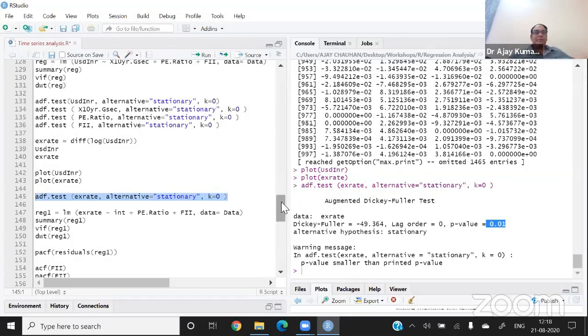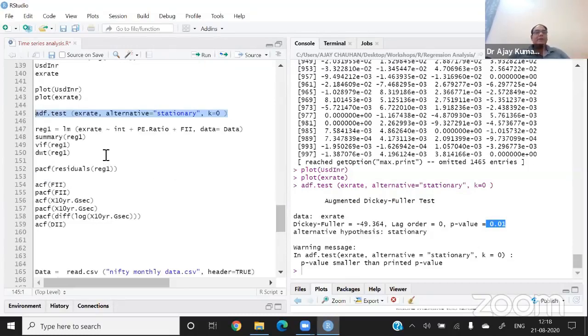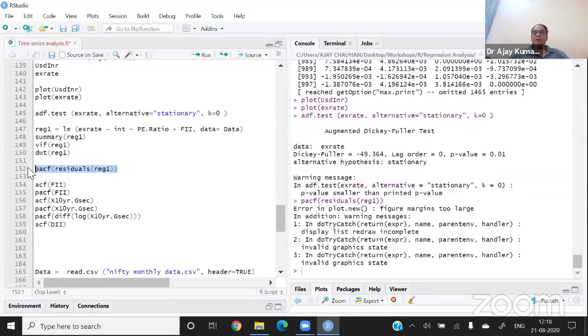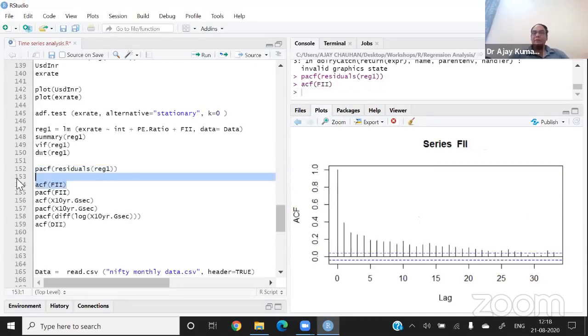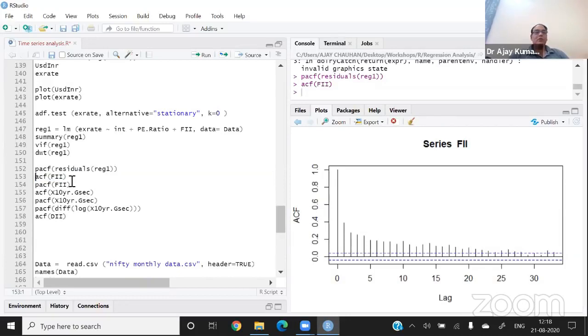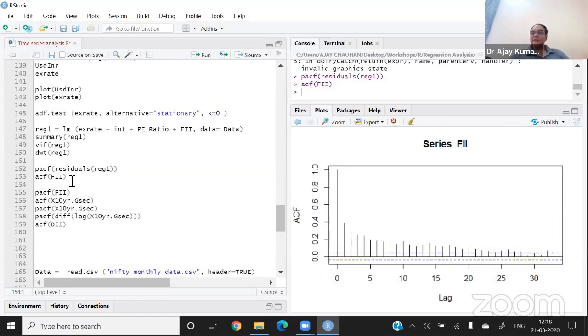After this ADF test, we are also making some other tests like autoregression. Let me show you the table. Okay, so in this case, you can see one graph. This is called a PACF graph, and similarly we can plot the ACF graph. This PACF graph and ACF graph are also useful in identifying whether the series is stationary or not. Mostly, if you see the PACF graph.